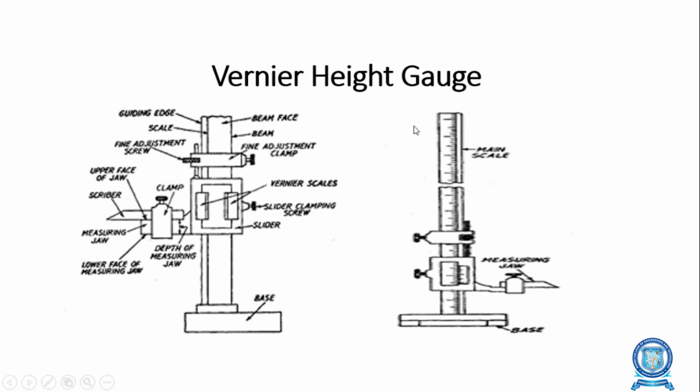And the next one is the beam. What is the use of the beam? It should be rigid in such a way that it can withstand 1 kg of weight, applied upward at the tip of the scriber. The sliding edge of the beam should be perfectly flat within the various ranges corresponding to measuring ranges. The face of the beam should be exactly perpendicular to the base within 0.04 mm by 100 mm.